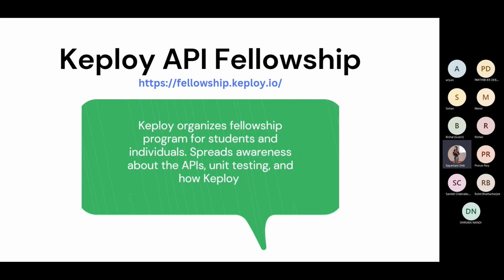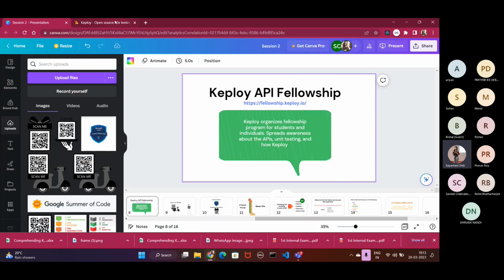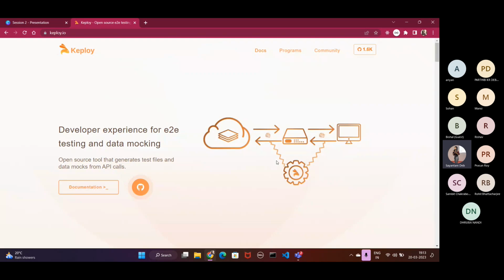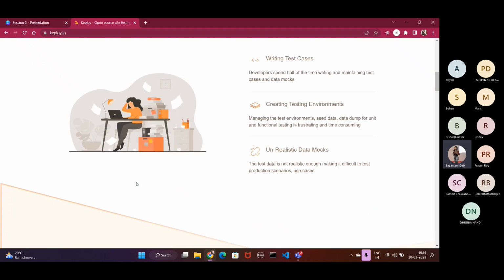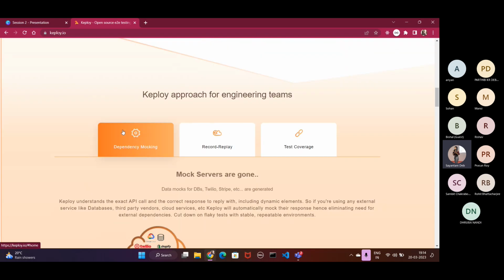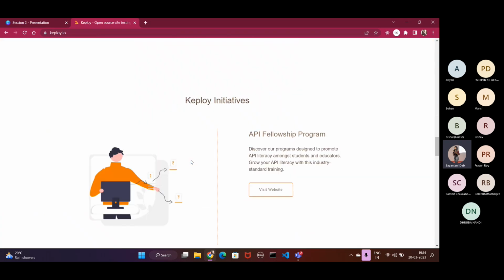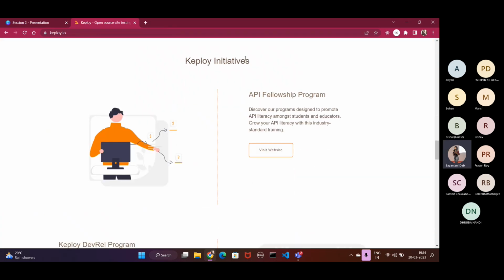Now, as we are talking about the API fellowship, let's hover over to the website to get an insight. This is the main website of Keploy. You can find documentation which will be redirecting you to the GitHub of Keploy. Hovering down, you can find out how it is actually working and how you can integrate it into your website or any of your projects to make it smooth. Then down there, you can find out initiatives of Keploy. So the API Fellowship Program, you can visit the website. They're currently